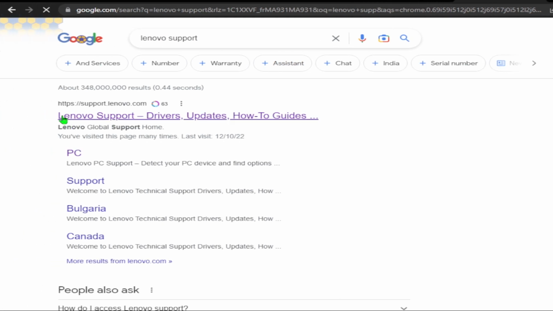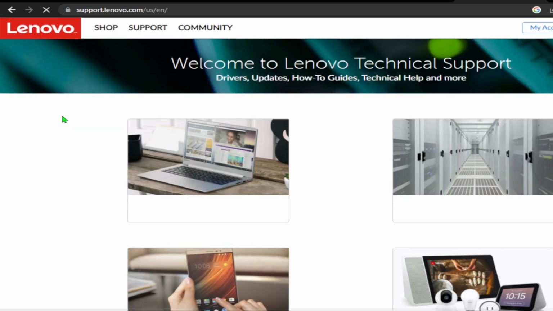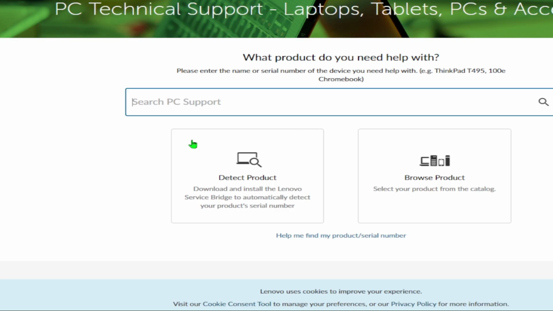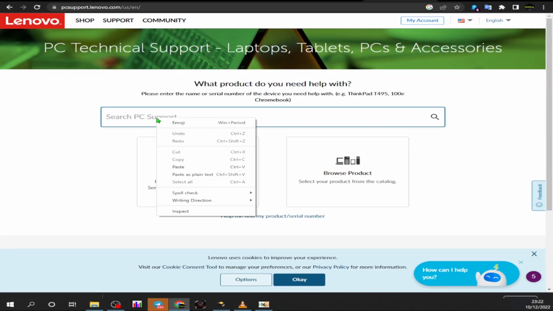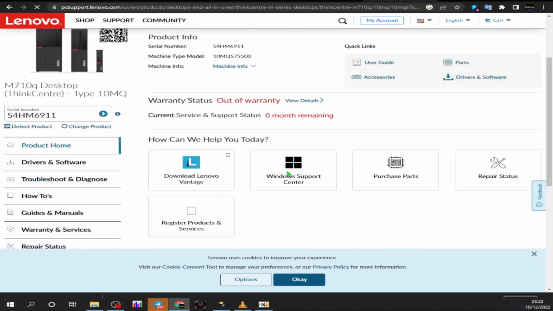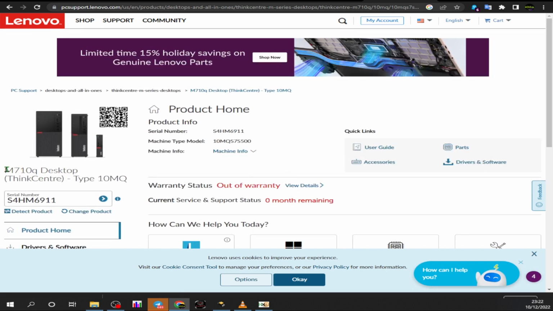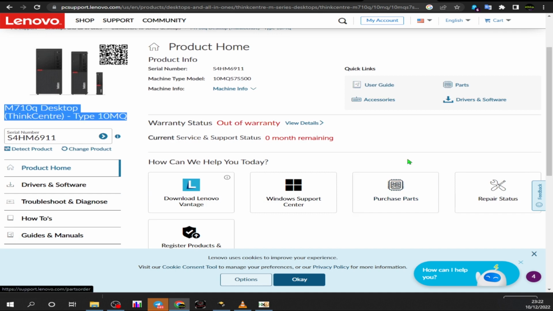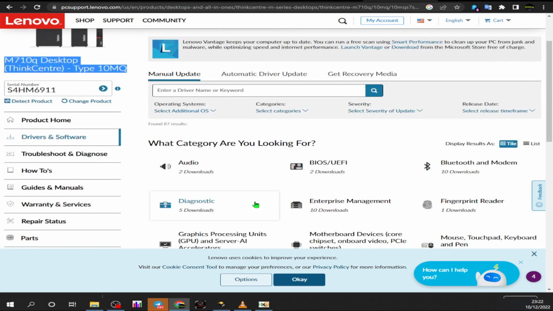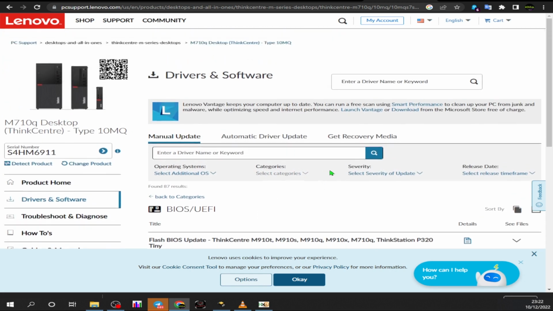So we open the first result. We go to view PC here and we paste the serial number and hit enter on the keyboard. We got the appropriate result. So we go to drivers and software and we opt for manual update, and we go to BIOS,